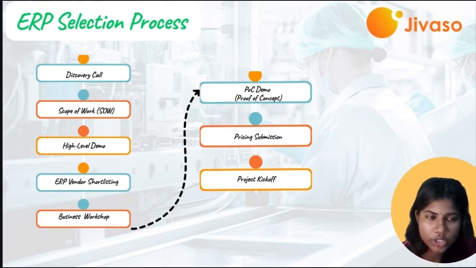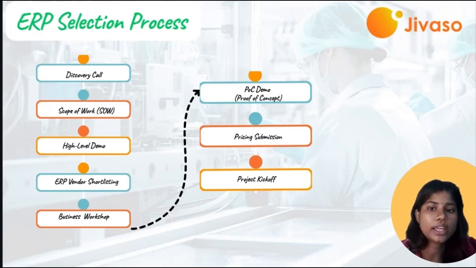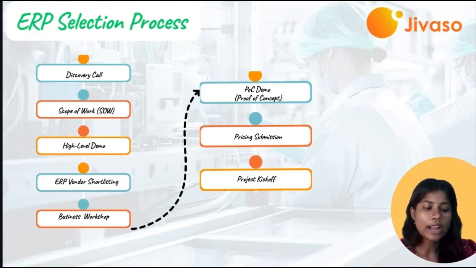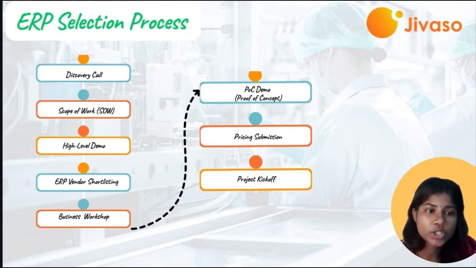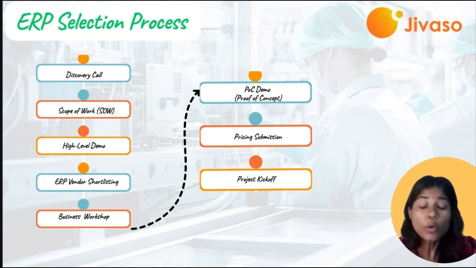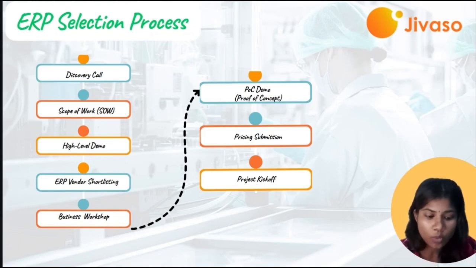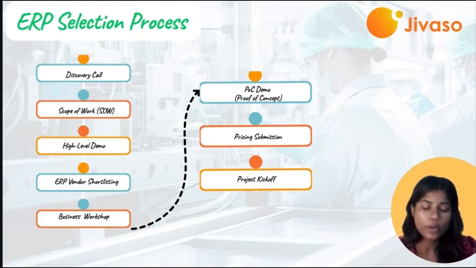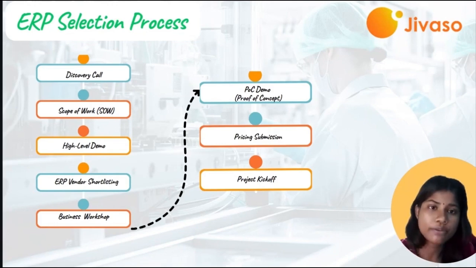We don't just match features here. We do a full gap analysis, identifying what works out of the box and flagging anything that might need customization for your business type. From there, we run department level workshops. We talk to departments like operations, finance, sales, warehouse, whoever needs to be a part of that conversation, and make sure their voices are reflected in the plan, because ERP is not something that's specific to one department. When an ERP is implemented in a company, a significant portion of the company is going to be integrated with that system, and we need everybody's buy-in and everybody's okay to get the plan going.